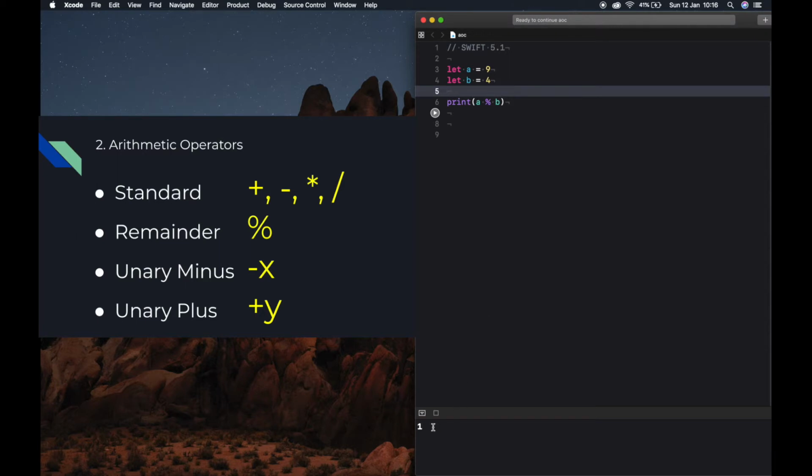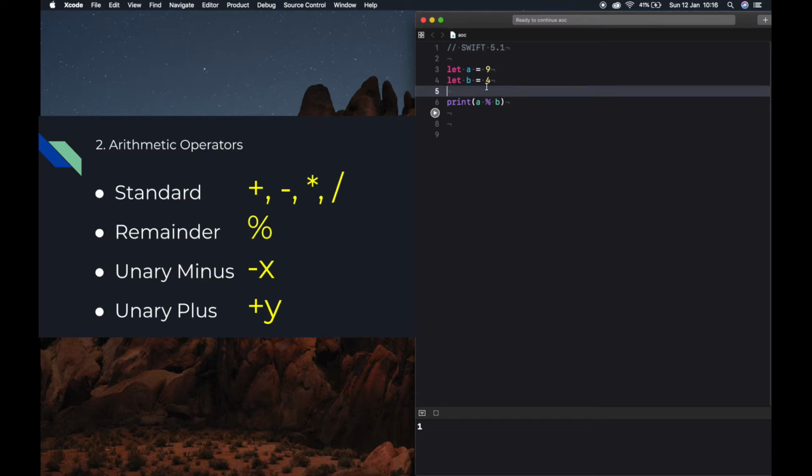The value will be 1. This means how many multiples of B, that is 4, will fit inside A, that is 2, and which returns the remainder. In this case, 1.